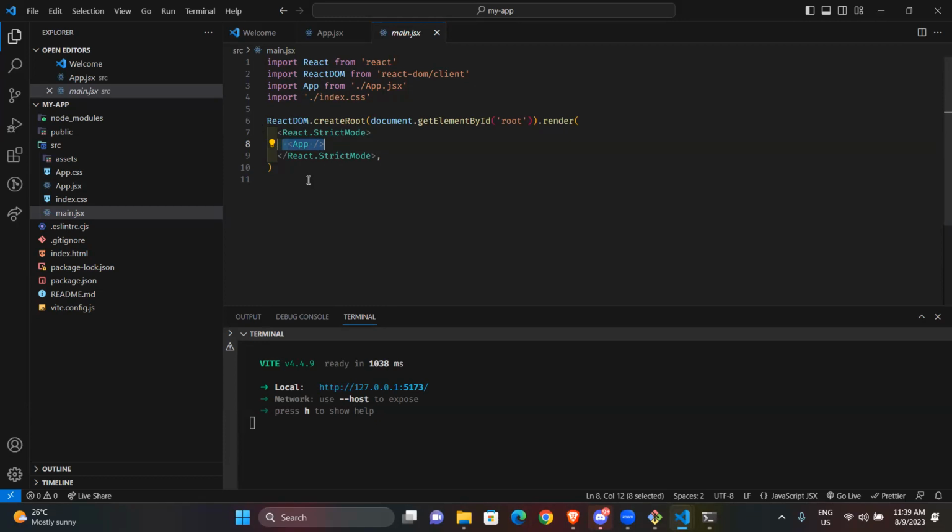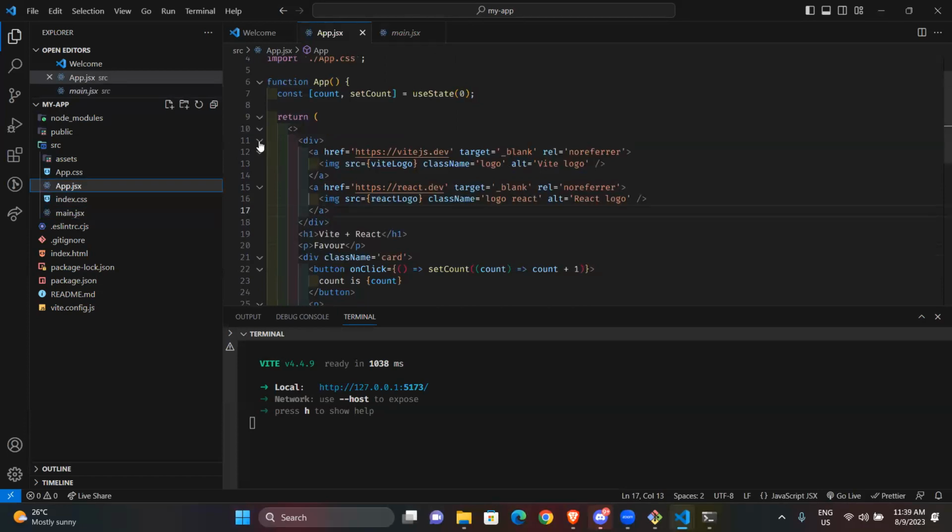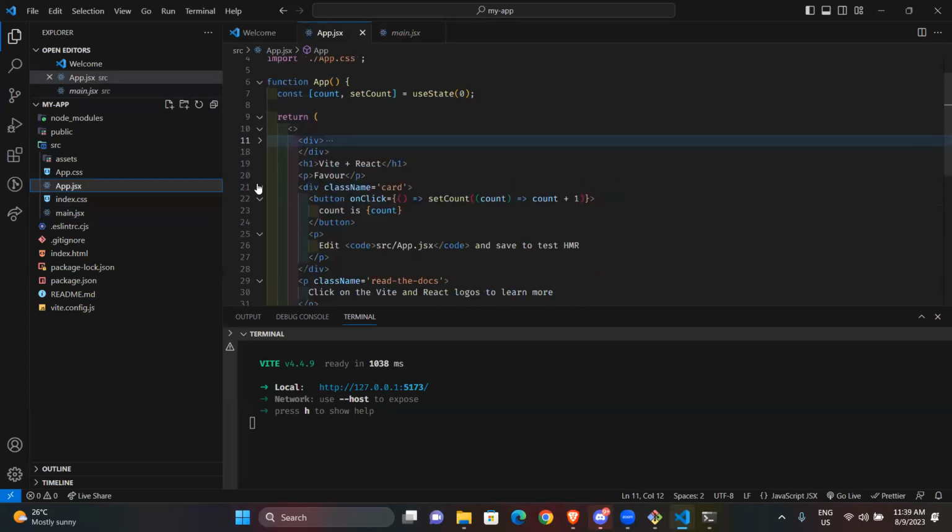Everything that you're doing, if you eventually have to create other pages and all of that, it is all coming out from this app. So this app is like the center of your application. If I want to change whatever is here now, I can delete what is here.